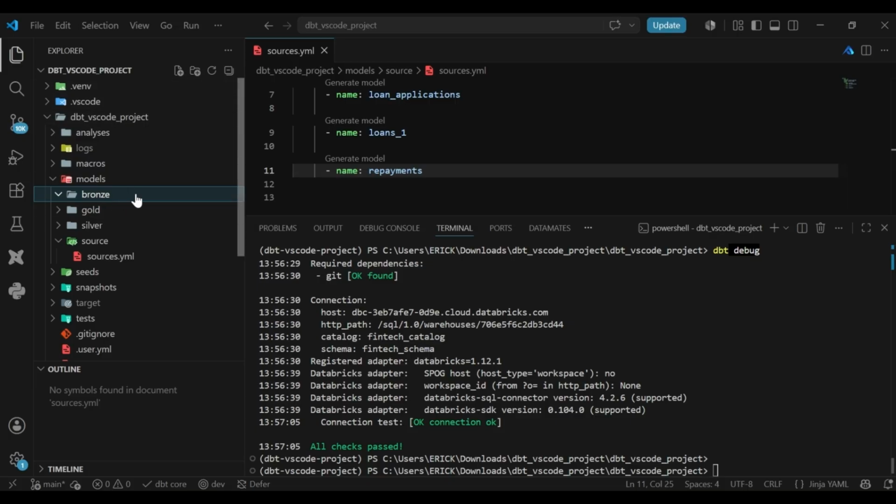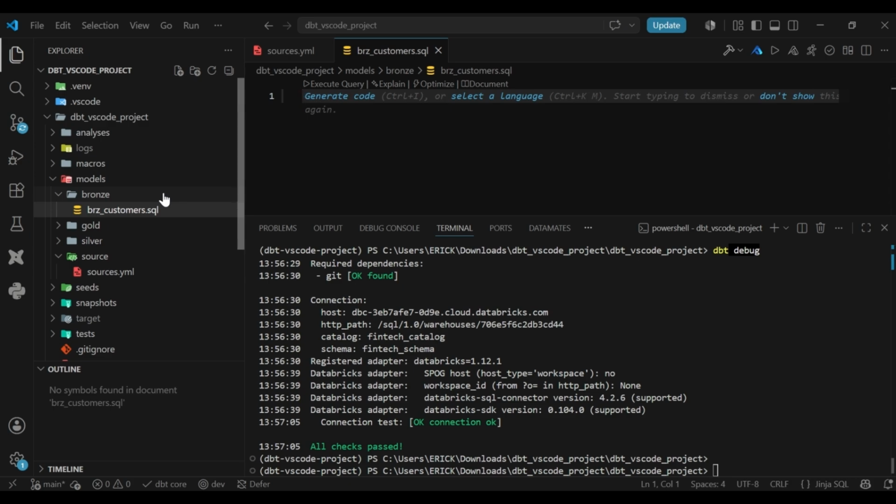So just click on the bronze, come to this, and then our first table we want to take, let's say, customers. Let's just call it a short form of bronze, and then customers. Customers, and then .sql,